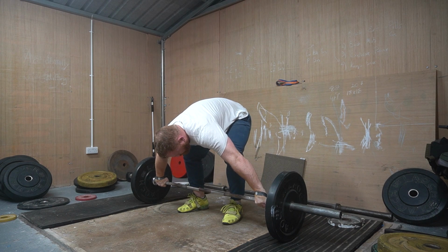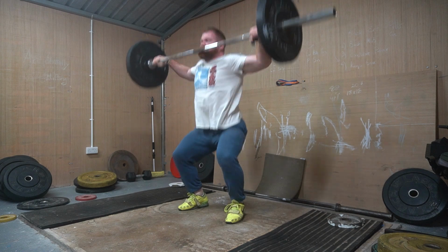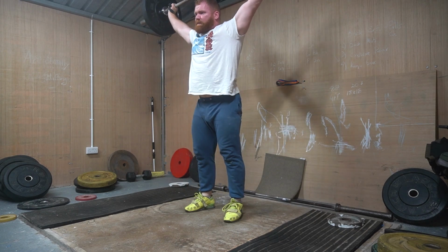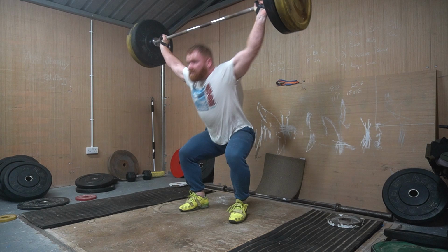Here's an example of me implementing technical changes in a snatch session. Anton and I have been working on my shoulders not getting pulled forward as soon as the bar leaves the ground, as it's one of my biggest technical issues at the moment. When I pull off the floor, if my shoulders get pulled forward, it results in me having less power at